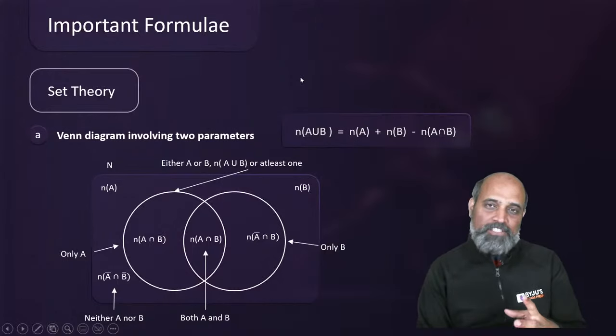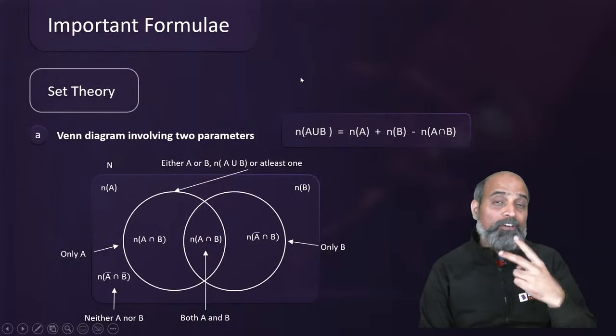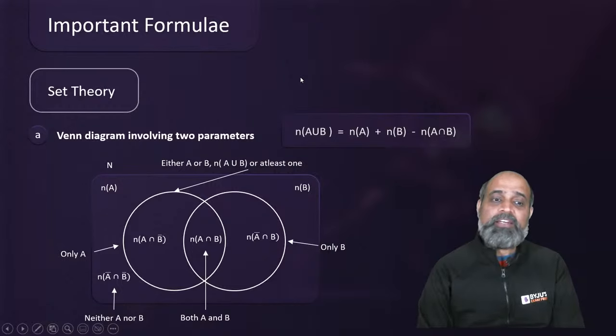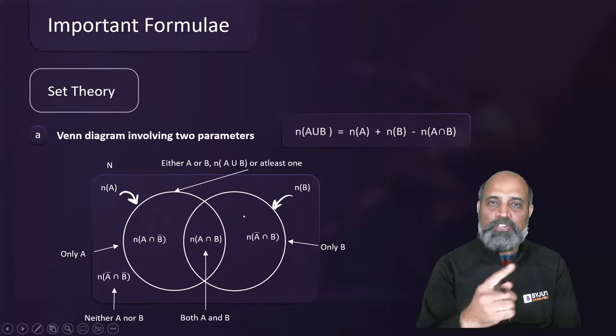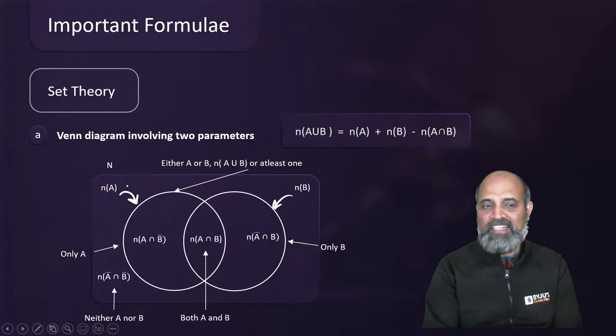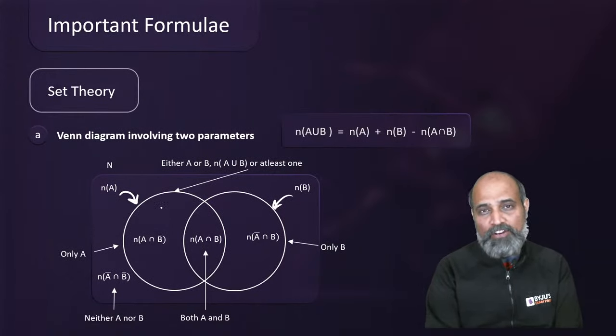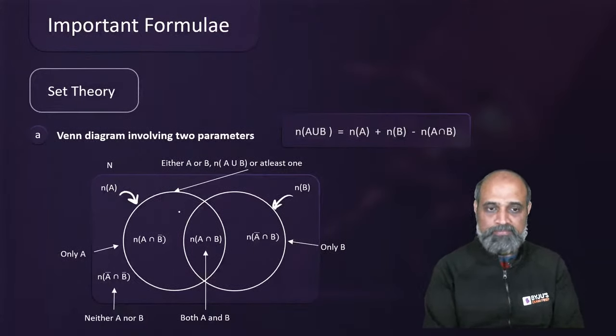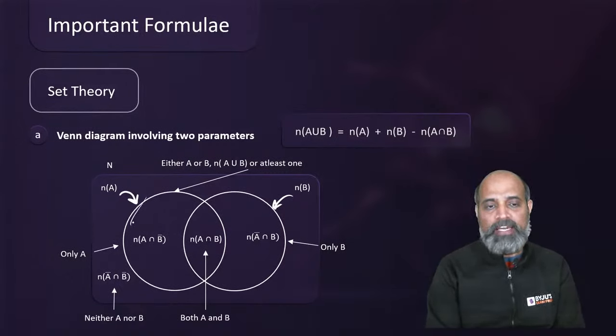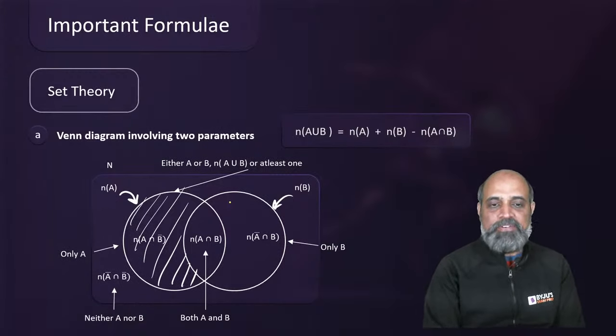In the case of set theory, when you have two sets in a Venn diagram, you draw two circles. The number of values within a circle where the set is called set A is given as n of A. N here means the number of elements inside it. And A is divided into two parts. One part is called only A. So this region is only A. The second one is only B,